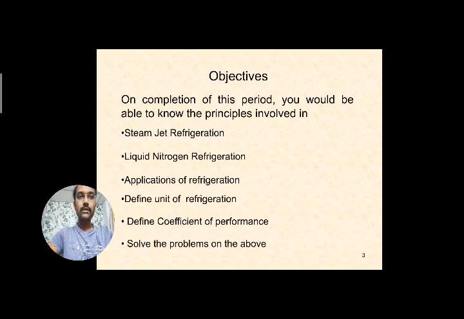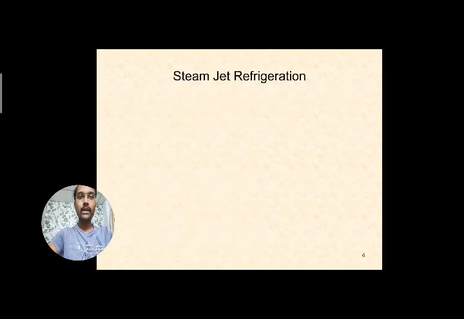And regarding the methods of refrigeration, the topics we left out, like the vapor compression refrigeration system and the vapor absorption refrigeration system, we will discuss in the further topics, and today we will deal with all these things. I hope you have understood, and we will fulfill these objectives. And let us start with the steam jet refrigeration system, how the cooling effect is obtained with the help of that.